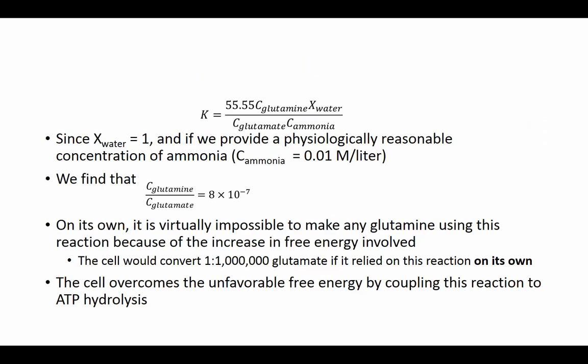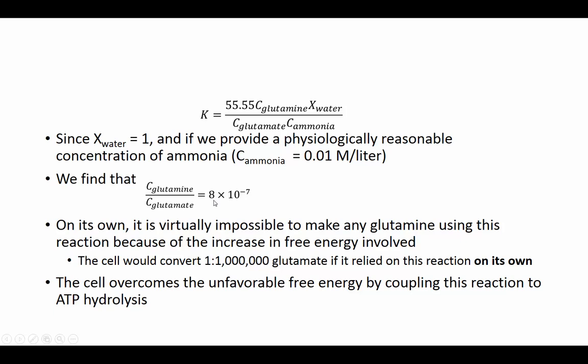So since X water equals 1, and if we can provide a physiologically reasonable concentration of ammonia, and you can find in some textbooks a list of physiologically reasonable concentrations of popular metabolites, we can get that concentration of ammonia as 0.01 molar per liter. We find that if we do a ratio of the concentration of glutamine to the concentration of glutamate, we're much favoring,